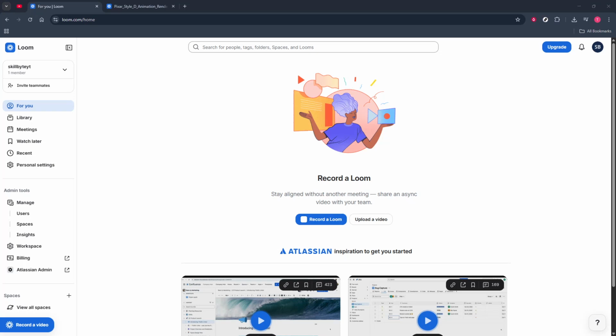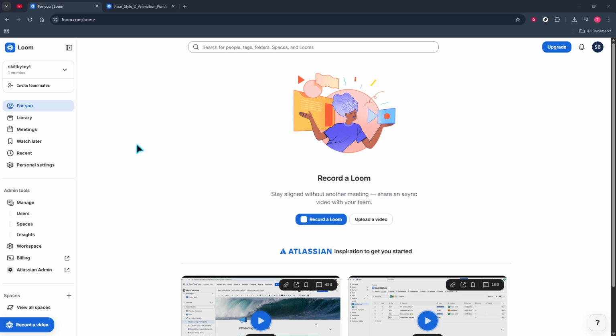In today's video, I'm going to teach you how to add a custom thumbnail to a Loom video. A strong thumbnail instantly tells viewers what your video is about and makes your shared links look polished and professional. I'll walk you through the exact steps inside Loom and share a few quick tips so your thumbnail looks great